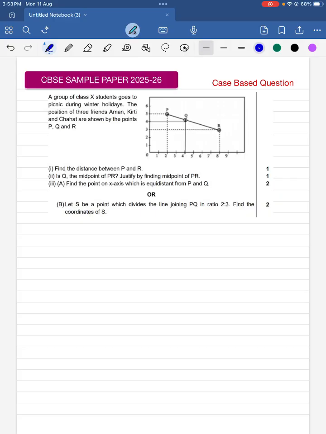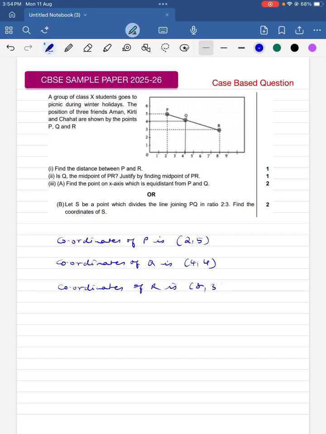Okay, so let's solve the first part of the question. We know that the coordinates of P from the figure are 2, 5. Coordinates of Q from the figure are 4, 4. Coordinates of R is 8, 3. Okay, so in order to find the distance PR, we can use something called the distance formula,